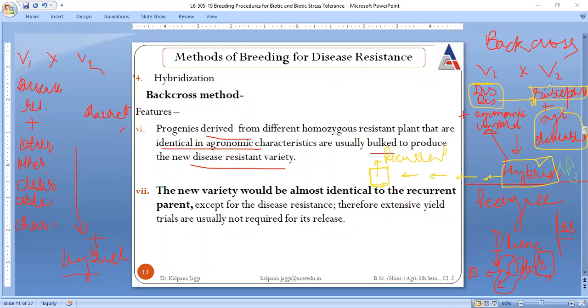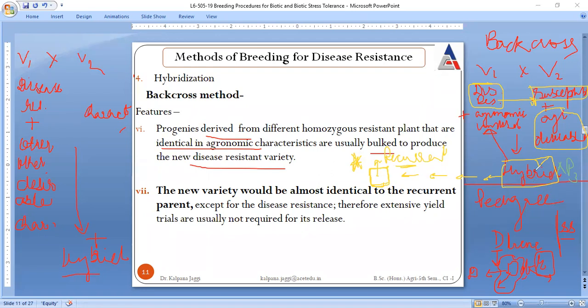The parent where the susceptible gene was present, the gene susceptible to disease was present. This parent is going to be similar to the recurrent parent, but the major difference is that the recurrent parent was susceptible to the attack of diseases, but this is no more going to be susceptible to the attack of the diseases, because within this recurrent parent, the susceptible gene is totally replaced by the disease resistant gene